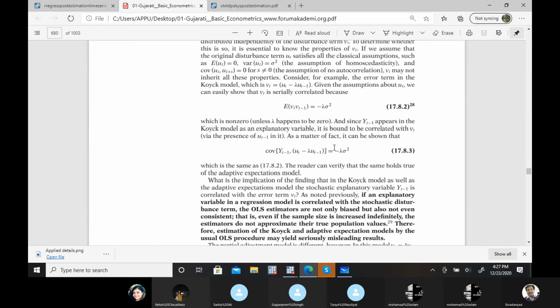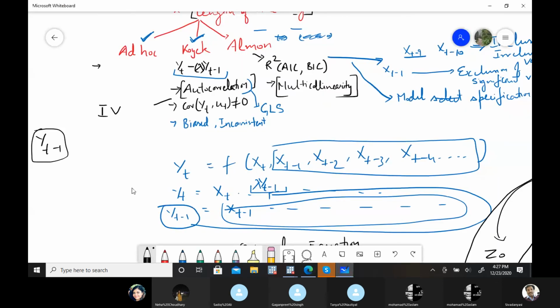So the answer is that you have to take an instrumental variable. In most of the textbooks, they suggest that in place of yt minus 1, mostly they agree that you can take xt minus 1, because if yt is dependent upon xt, then xt minus 1 is related to yt minus 1. But at many places, Koutsoyiannis has suggested that in place of yt minus 1, you take yt hat minus 1.